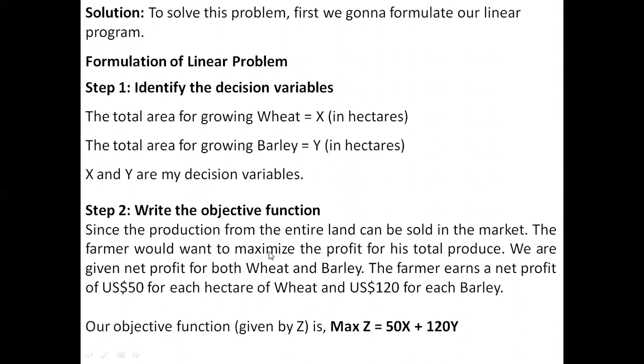writing the objective function. So here, what is the objective function in the question? We have just discussed what needs to be applied here. Since the production from the entire land can be sold in the market, there is a demand. It's already clearly specified that wheat and barley can be sold in the market. So selling has no objection. Hence, there is a demand for the product. So for that demand to be justified, the concerned work should be planned. That is our main intention.